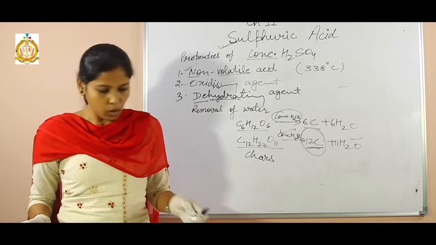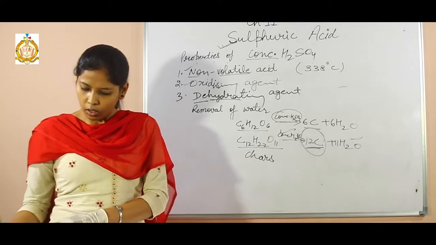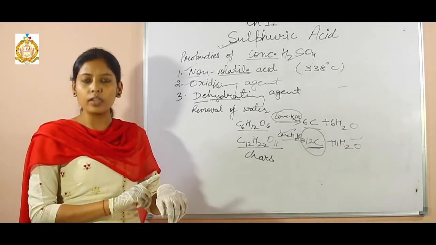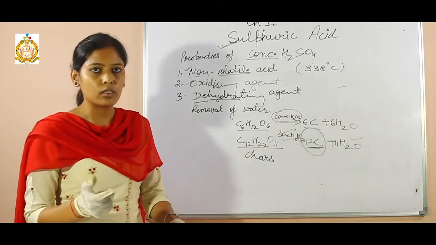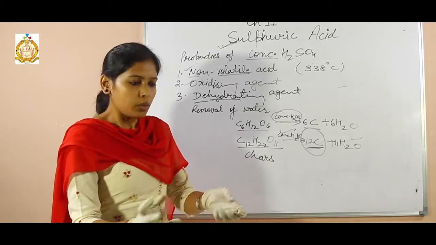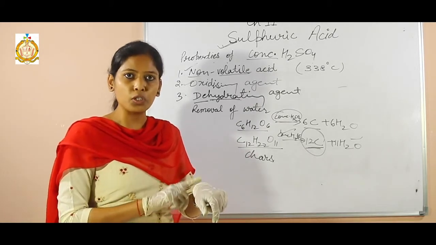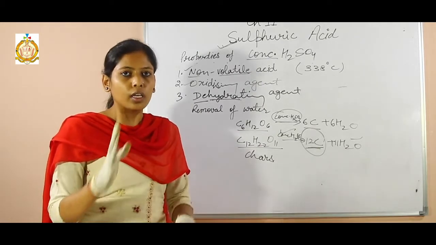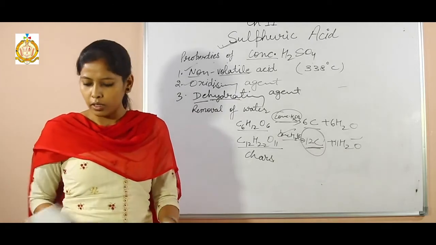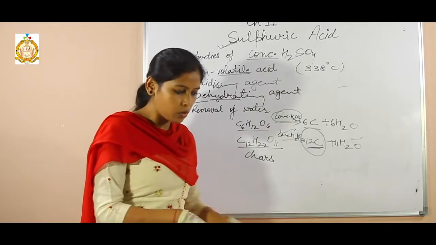Next, similarly, the organic acid reaction is also given in the book. One thing more, when sulfuric acid reacts with our skin, it causes blisters and it chars our skin. Why? Because charring our skin means skin turns black. Why? Because there is moisture in our skin that is given out into the atmosphere and our skin turns black.